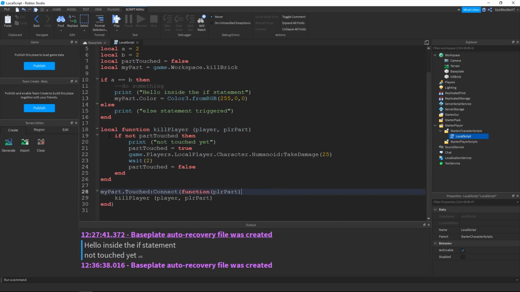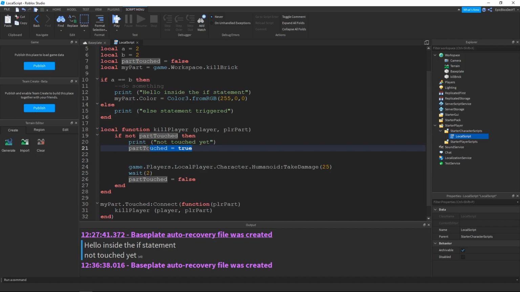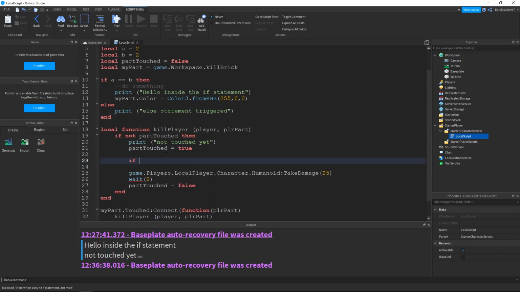Okay, and then in here, so we've got our if not touched, right, and we've got our true, because we need to make sure we do this after we've turned it to true. Now we need another if statement to check if this part is a humanoid. So if player part dot parent, so like the parent of that part, find first child is a humanoid, then